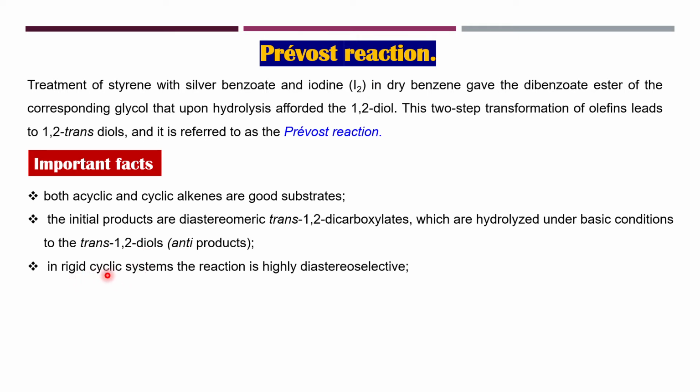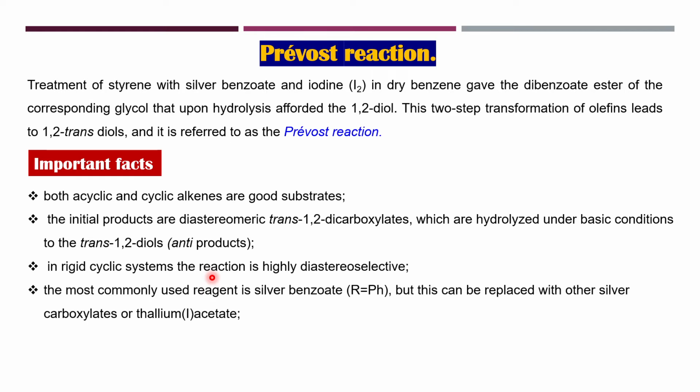In rigid cyclic systems also the reaction is highly diastereoselective, means leads to the formation of trans diols. The most commonly used reagent is silver benzoate, but one can also use thallium acetate or other silver